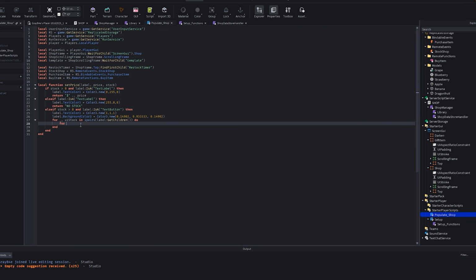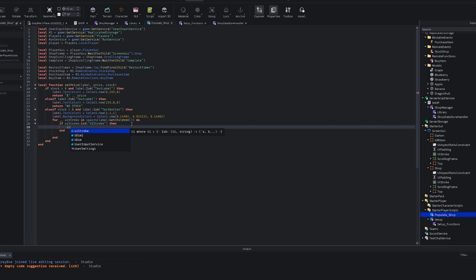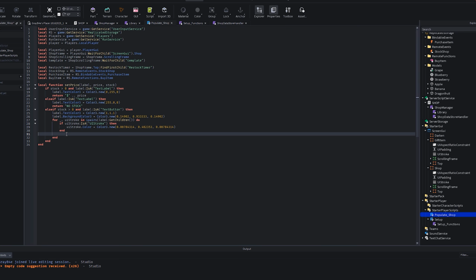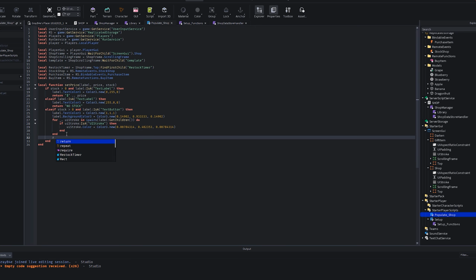There we go. And then we're going to say for UIStroke, if, sorry, if it is a UIStroke, then we're going to want to say UIStroke.Color = Color3.new, this slightly darker green color I have. And then we're going to end that, and then we're going to end out,